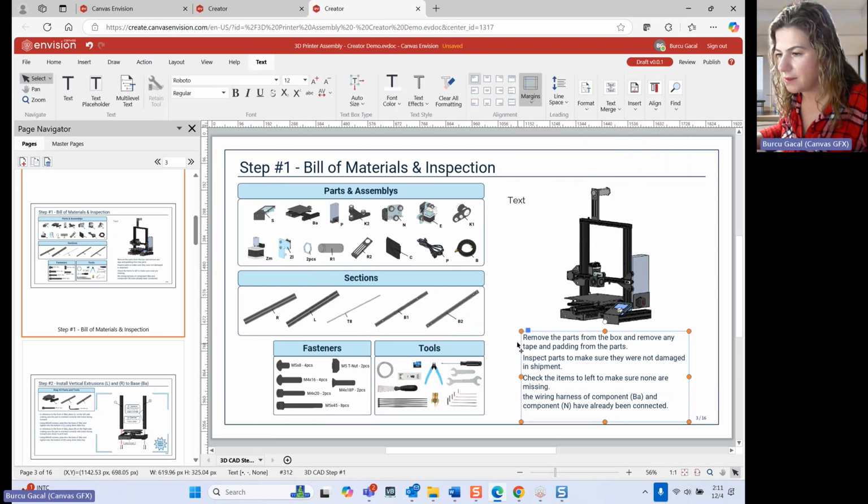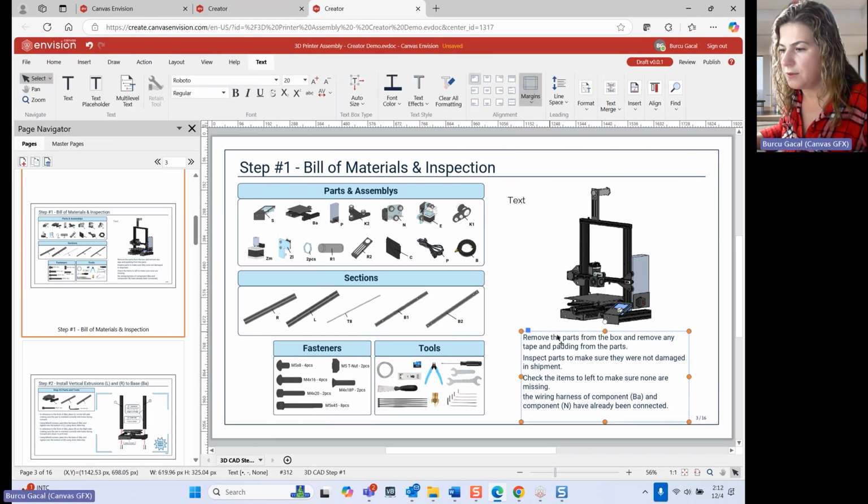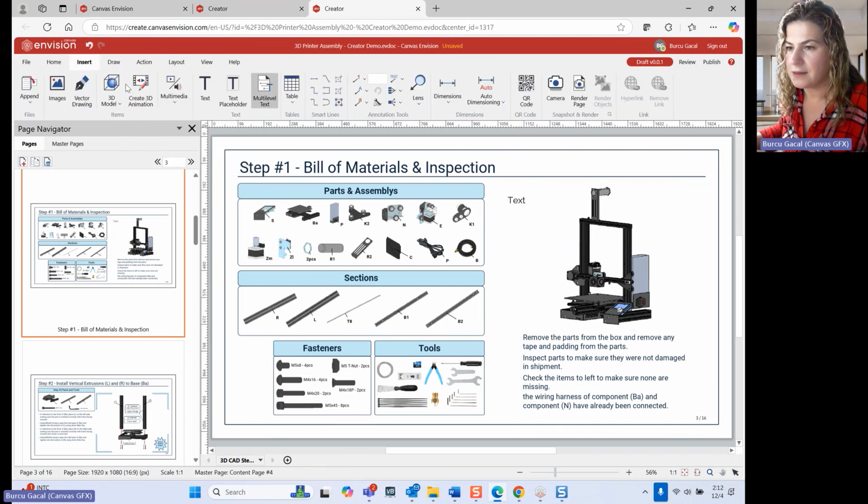Give me 1 second. Like the text box over here. Let me make this a little bit bigger so we can see the whole text. And then let's go to the text box, multi-level text tool. And if I click in here,